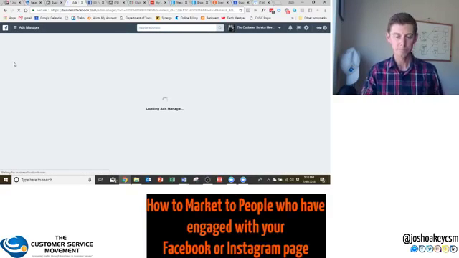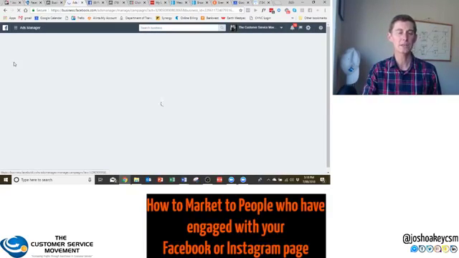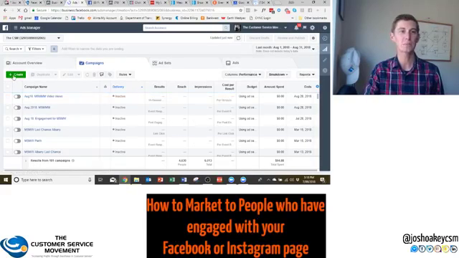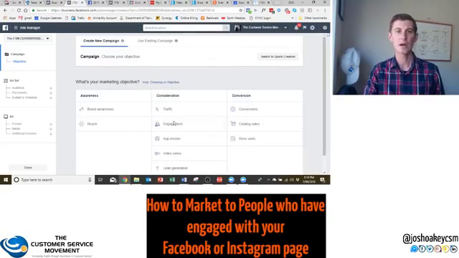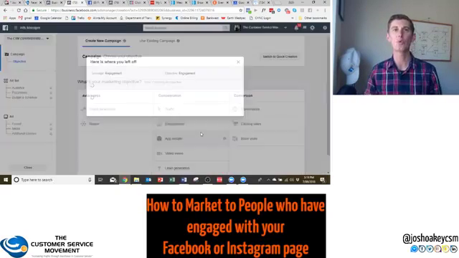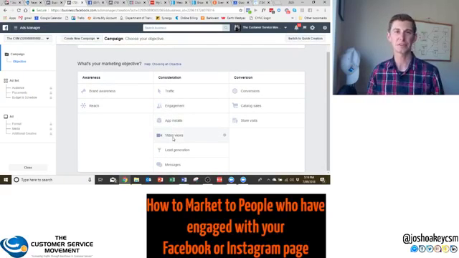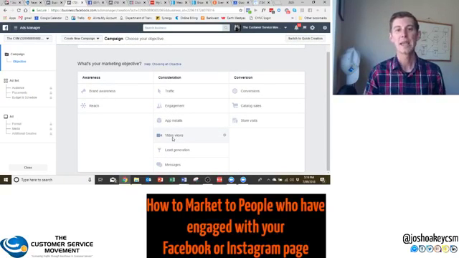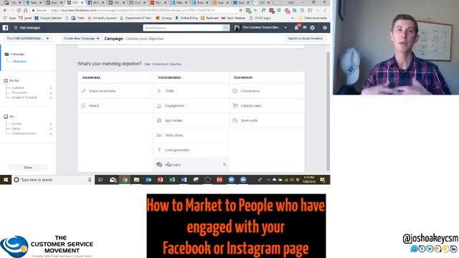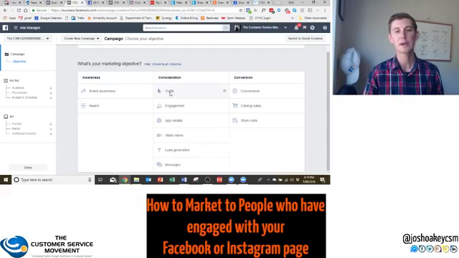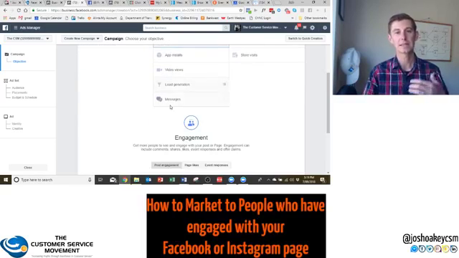and we're going to create an ad. On the left hand side, we've got create. We click on that, and now we are into our campaign. Now if all we're looking at doing is creating some more engagement, then we click on engagement. If we want people to watch our videos, we click video views. And importantly, if we want people to message our business or interact with our bot, we can do traffic or messages. If you're using ManyChat or one of the bots, I like to use traffic because it seems to be